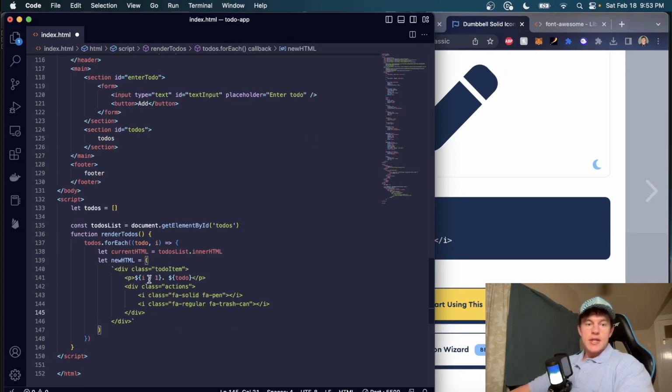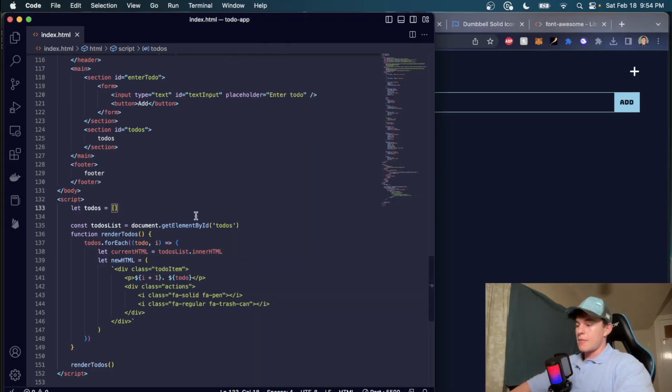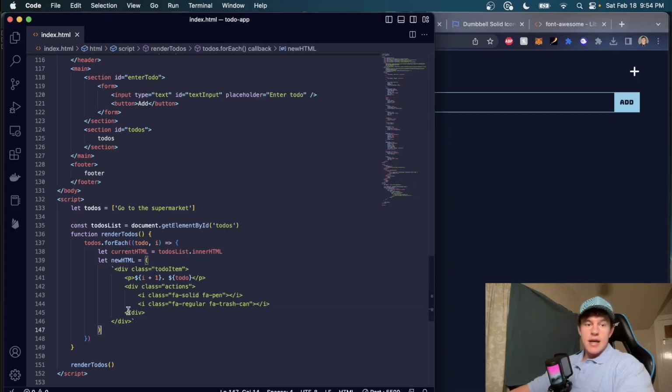They're inside of actions. What we want is to execute this function on page load. So if we just call render to-dos, now that's going to happen when we load the page. Obviously we have no to-dos, so nothing happens, but if I add in here, go to the supermarket, now refresh that and render this page, still nothing happens. And that's because we've only defined this HTML. We now have to